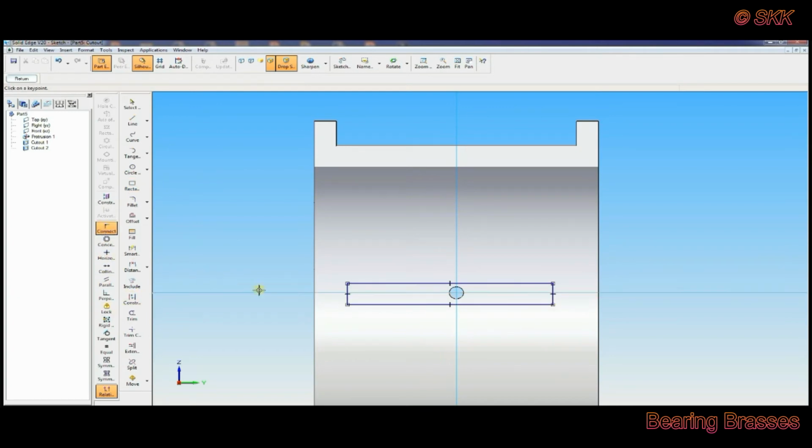Here, like this, you have to connect the lines. After connecting, the width is given as 2 mm and the length they didn't mention, but approximately we will take 30 mm.